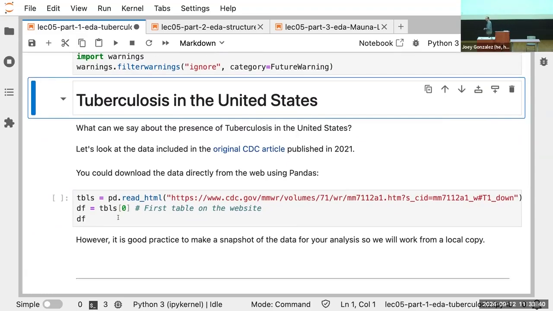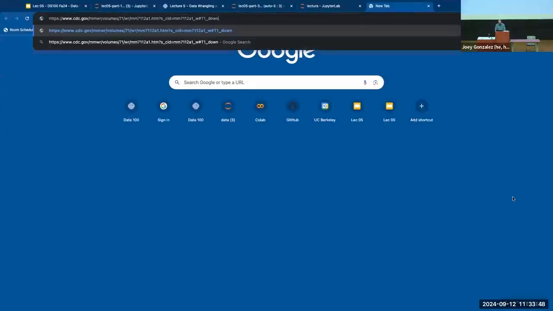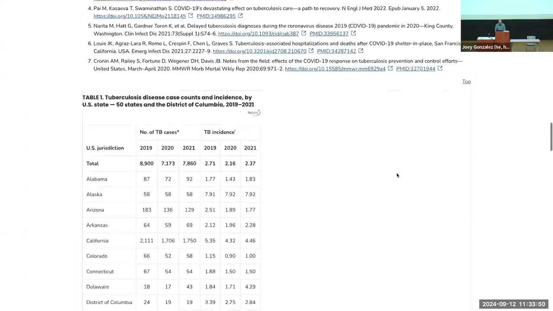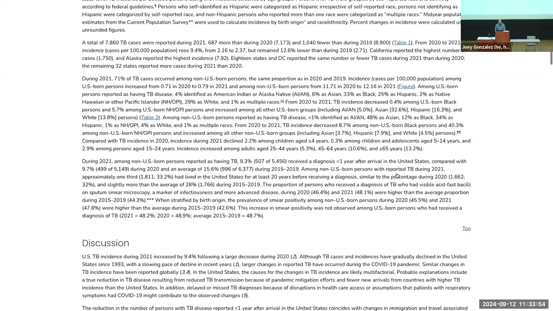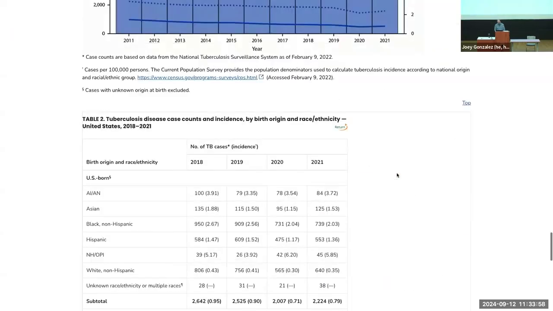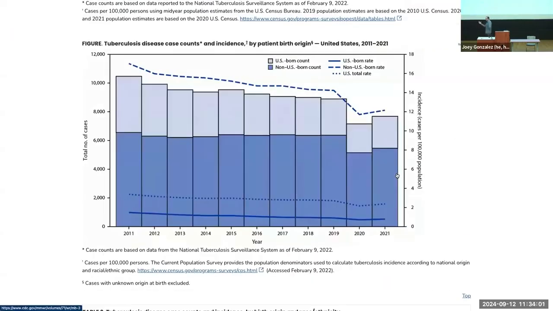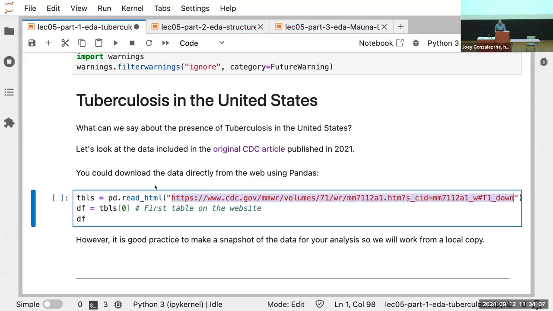I want to show you something that jumps a little bit away from lecture for a moment. Here's the data. Let's look at this data. This is the actual website. Here's the data on a web page. Cool. Data on a web page. There's probably some other data on this web page too. Yeah, some more data on this web page. Would it be neat if I could just pull this data into data science and do my pandas stuff on it? Well, you can. And it's actually easy.